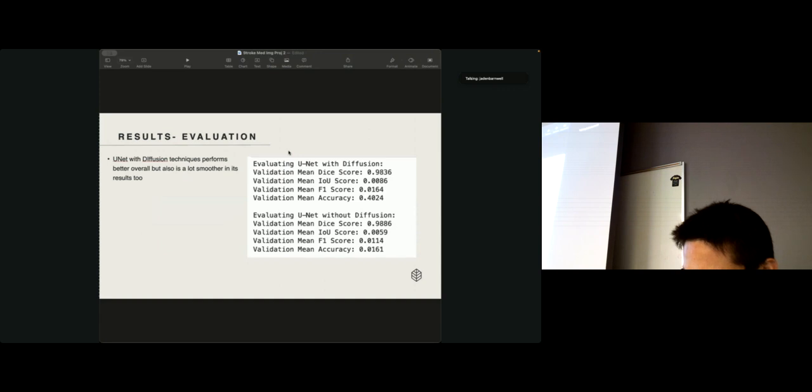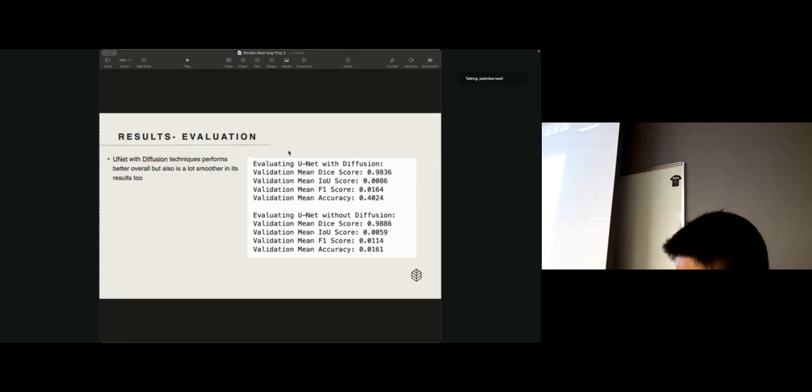So for evaluation as well, we can see that although the overall results aren't great because of the smaller data set, UNet with diffusion techniques tends to do a lot better than the UNet without diffusion. And as I was evaluating over several iterations, you could see that UNet with diffusion techniques tends to be a lot more stable, with increasing accuracy and decreasing loss, than UNet without diffusion, as UNet without diffusion tended to jump higher and lower in